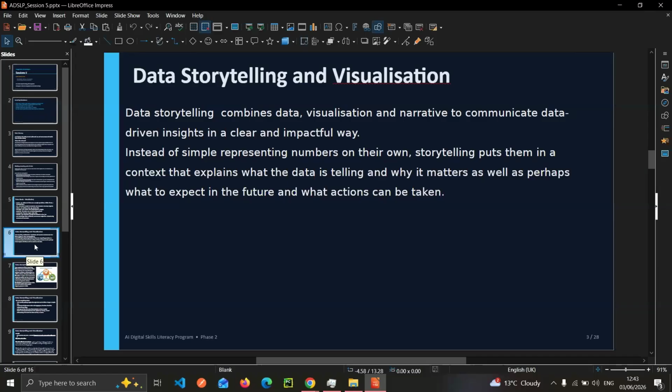I think almost all of us have come across this in our daily activities. When we watch the news and they provide some statistics, for example, about birth rates, death rates, population, or agriculture, they always accompany this data with visualization, maybe charts.